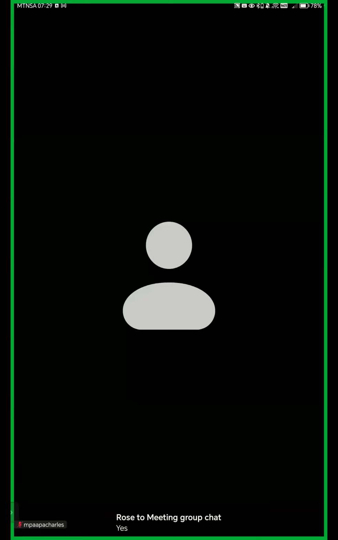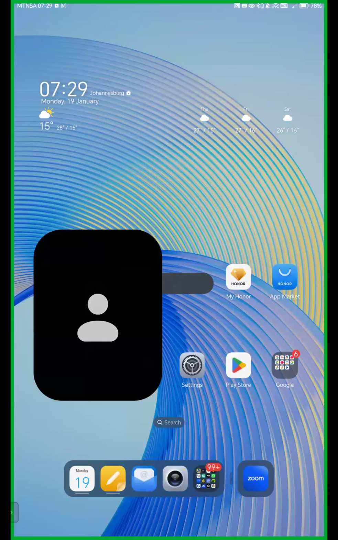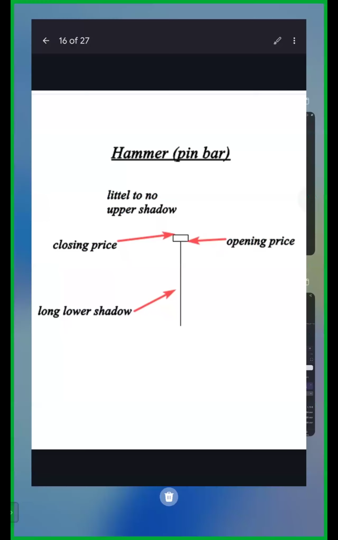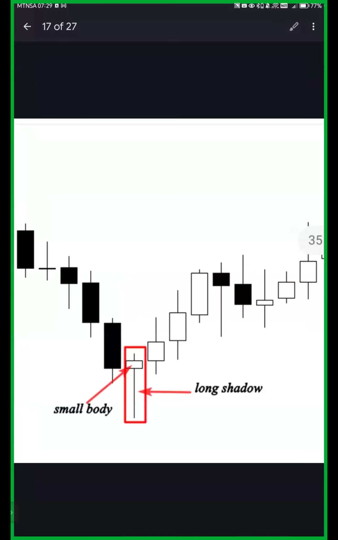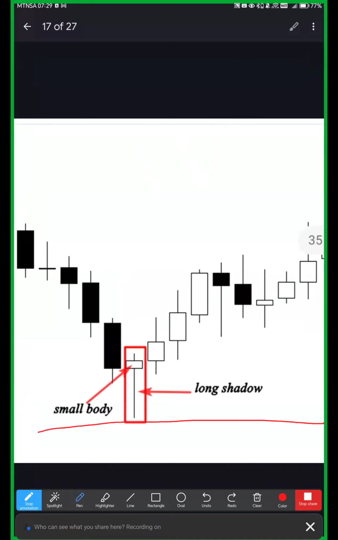I believe that we are okay. Then we can proceed to the next chart pattern. So that is the hammer. That is how it looks. So it gives you an opportunity to prepare. This is the support level. Price is failing to break. It is being supported here. Then after some time, you see that price now is showing you where it is intending to go. All right, so that is the hammer.